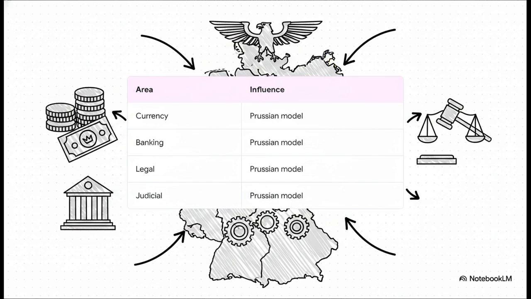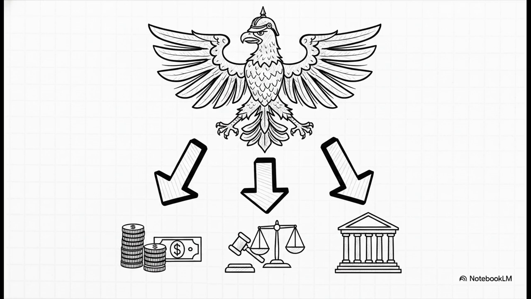They didn't take a little bit from all the different states to make something new. They essentially just did a massive copy-paste of their own Prussian systems across the entire new empire. So, Prussia didn't just conquer Germany territorially, they conquered it institutionally. They firmly established their dominance over the entire nation. To be German in this new empire basically meant living under Prussian rules, using Prussian money, and being judged by Prussian legal standards. The conservative, military-backed state totally succeeded in what they set out to do.